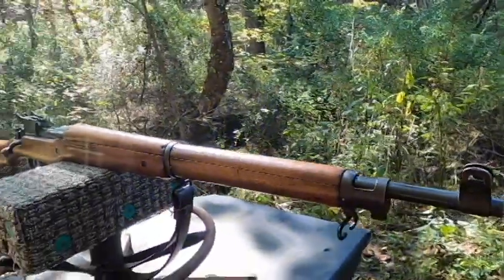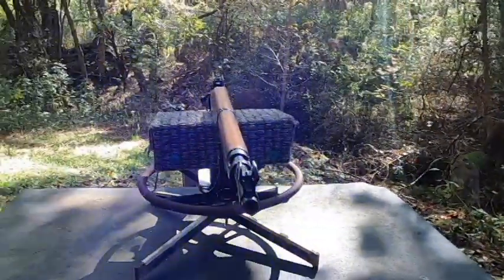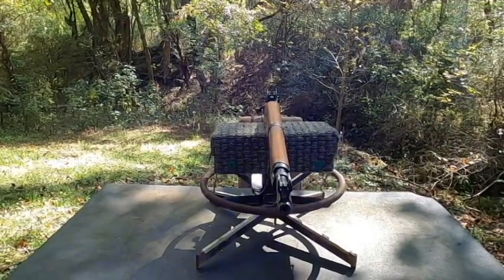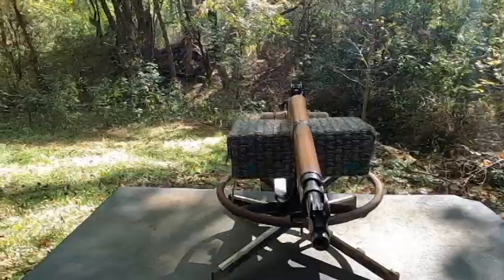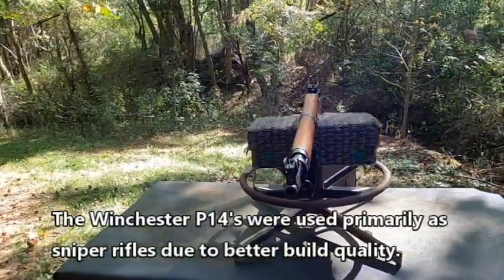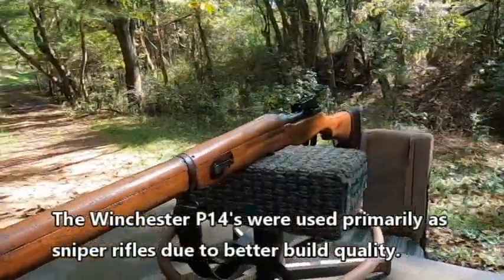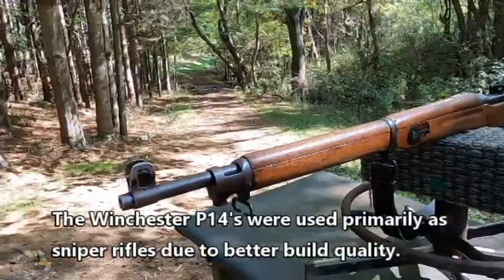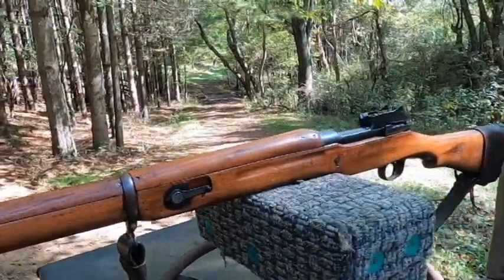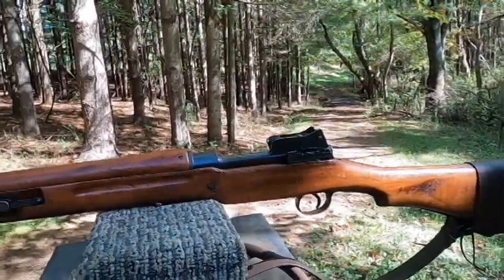the Enfield Pattern 14, using the standard .303 British Mark 7 ammunition, which was a vast improvement, introduced in 1903 over the old .303 black powder blunt nose ammunition. This particular model is by Winchester, and the British considered the Winchesters superior to the Remingtons and the Eddystones in terms of accuracy and quality of materials, as well as